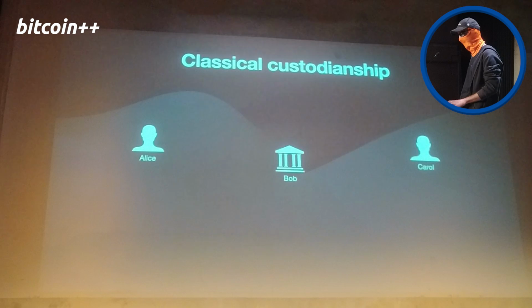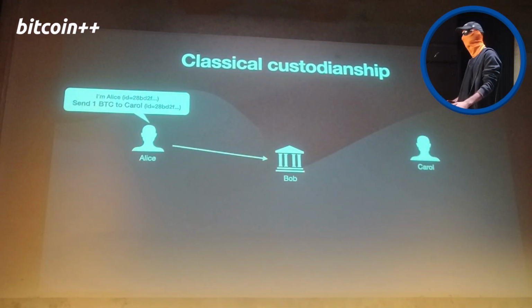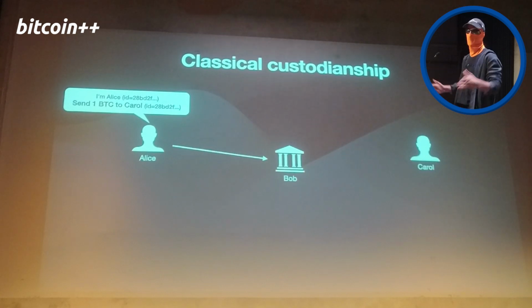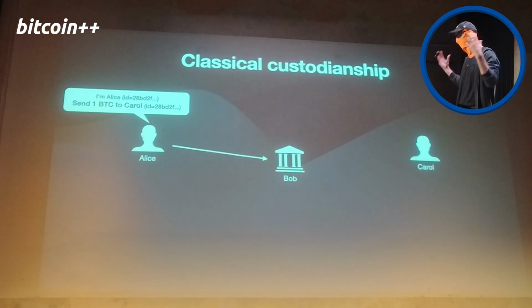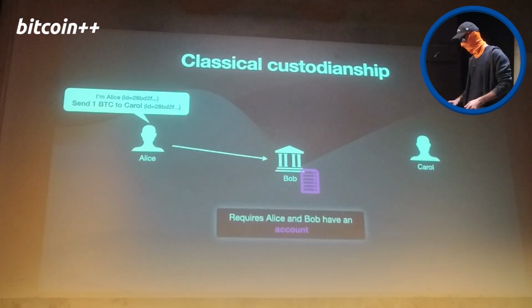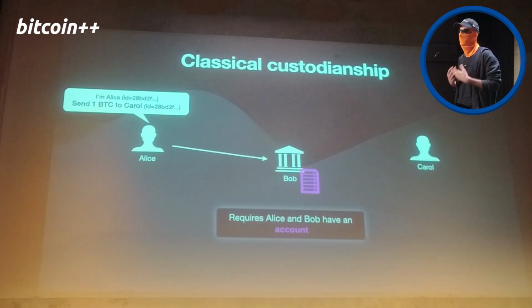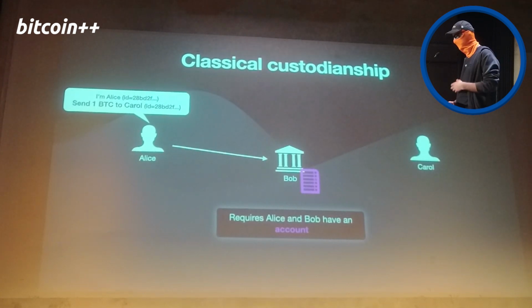This is the custodian. And when Alice wants to send Bitcoin now to Carol, what she says to Bob is, please, Bob, here's my ID. Here's the ID of my counterparty. Can you please move 1 BTC to Carol? And then the custodian here needs to basically check whether you both have a valid user ID, and then pops